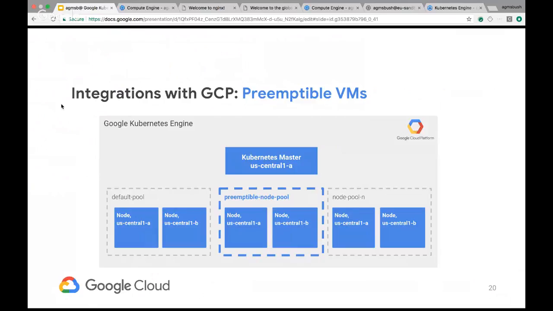One of the things you may want to think about when running with a preemptible node pool is to introduce some jitter as far as VM creation so that they don't all preempt at the same time. There are some open source tools out there to do that, but ultimately the trade-off is to be able to take advantage of these cost savings.